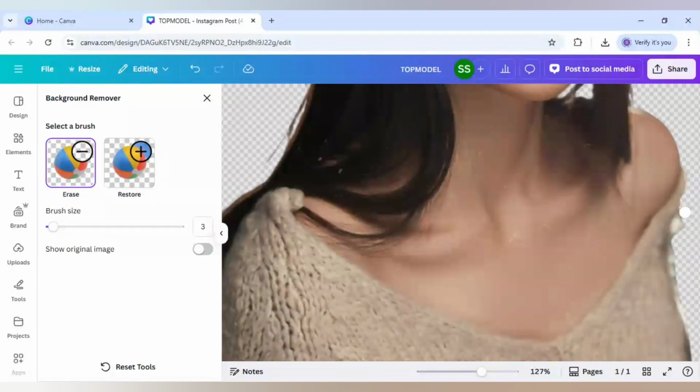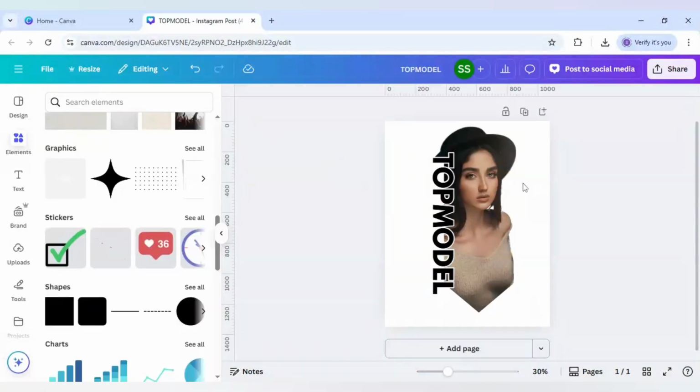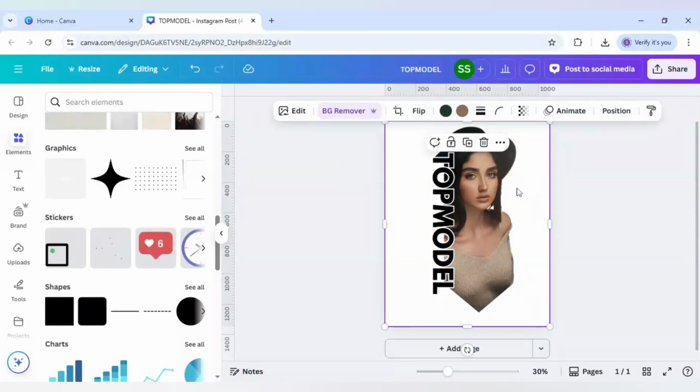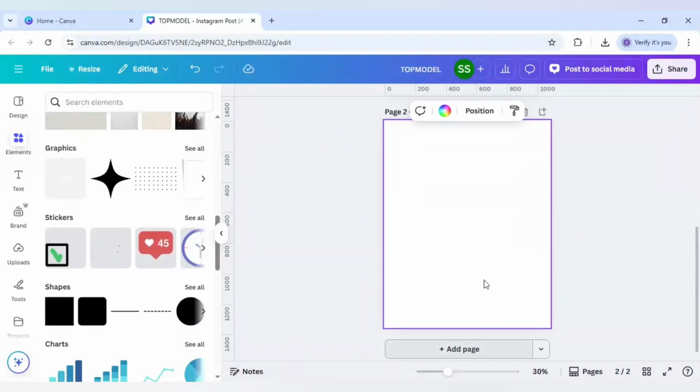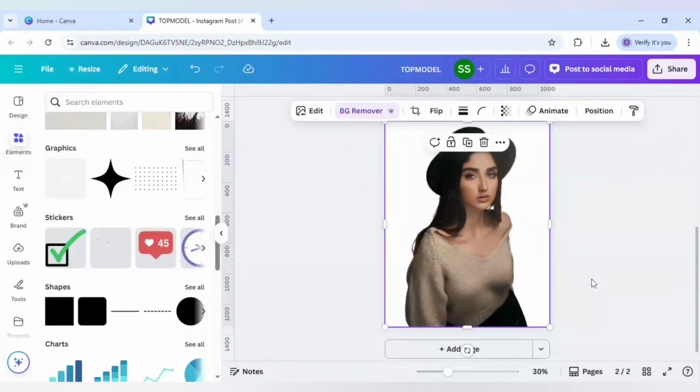Remove the parts which are creating the loose strands here. Okay, and I will now just click on the main image, press Ctrl+C on the keyboard and add page and add it here, and click on edit,